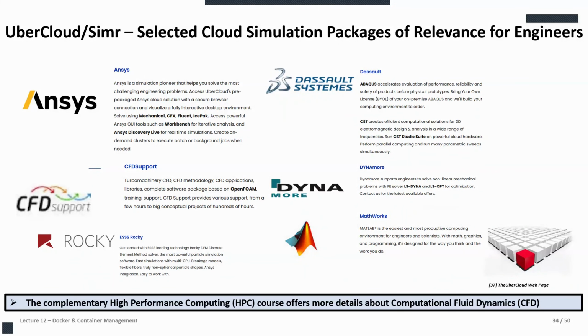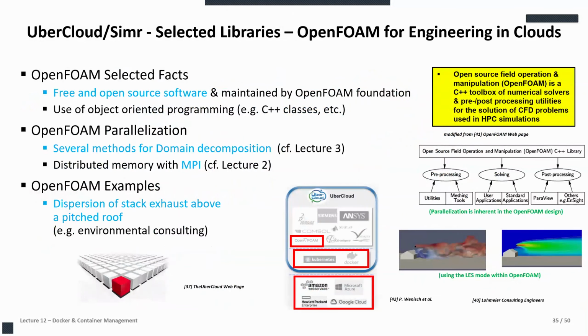So that is something that you maybe know from other courses. They all have a different unique selling proposition and are also here and there supported, of course, in the different cloud vendors, also, of course, with UberCloud and SimAir. So by doing this, again, the idea comes into play: why not use a Docker container, right?